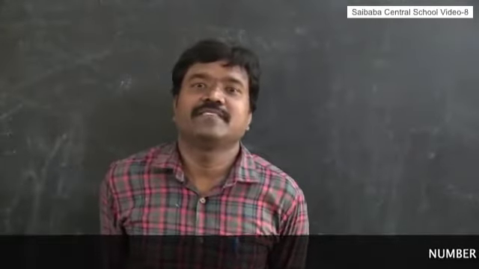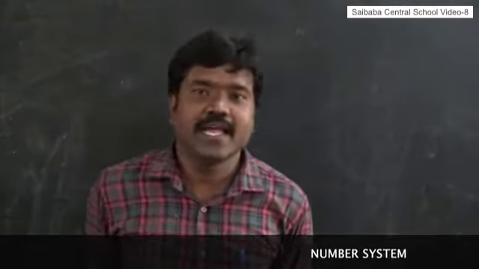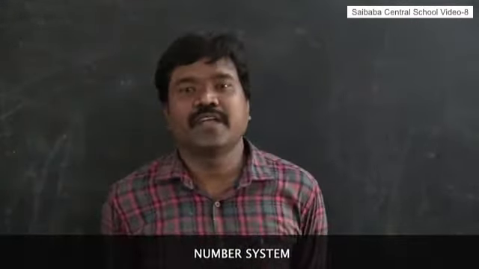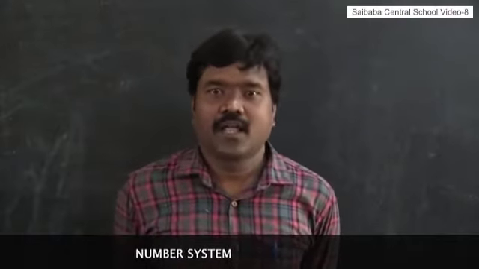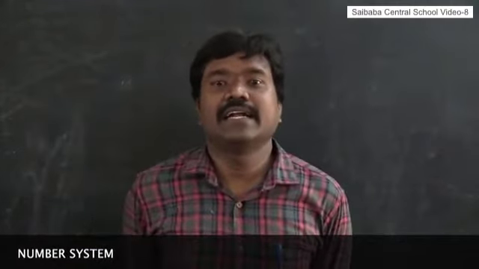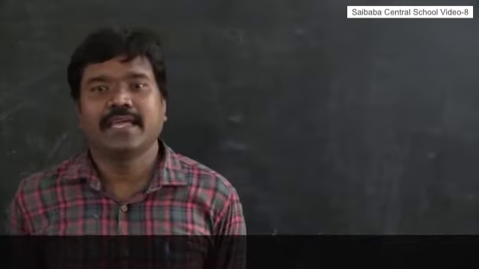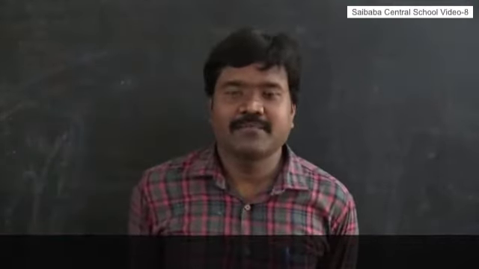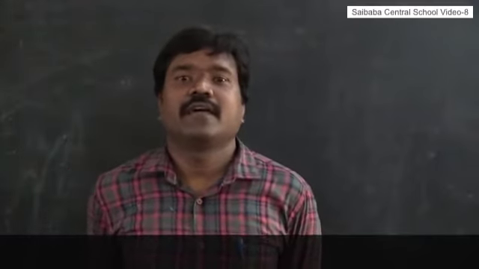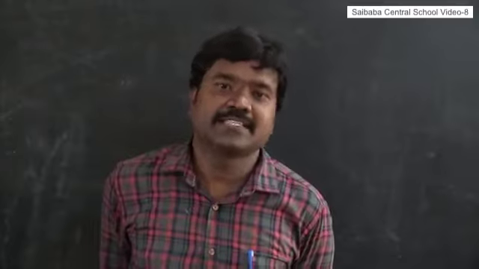Okay students, previously we identified terminating, non-terminating repeating, and non-terminating non-repeating decimals. From that, we learnt the identification of rationals and irrationals. Now I am going to explain the method of converting fractions to decimal form. Keep this point in mind: every fraction can be written in the form of a terminating decimal or a non-terminating repeating decimal.